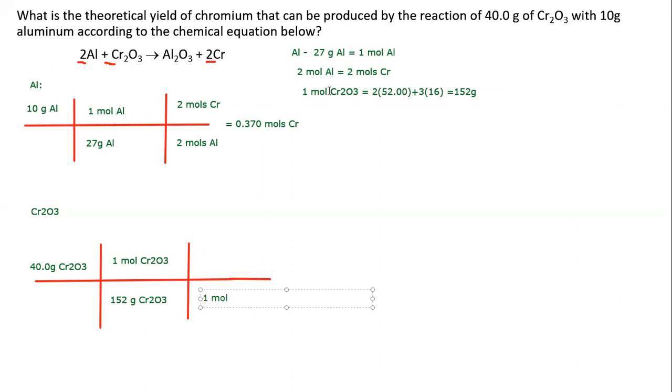So the 1 mole, let me write it up here. 1 mole of chromium 3 oxide equals 2 moles of chromium. So this will tell us the amount of product produced by 40 grams of chromium 3 oxide. And we get